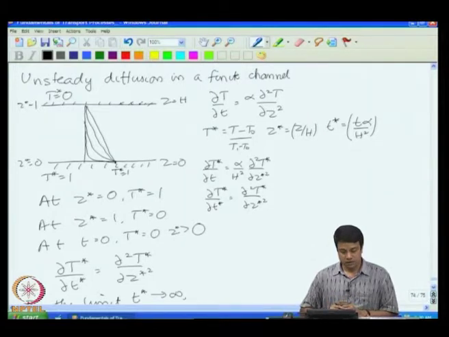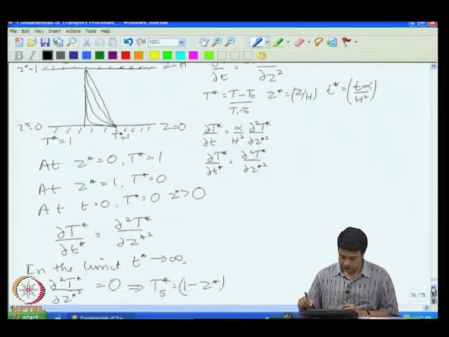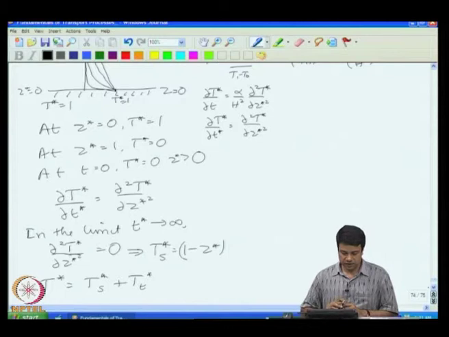How about if the channel is of finite width? That was the problem that we had started in the previous class. I have T equal to 1 at the bottom, T equal to 0 at the top. The bottom is at z equal to 0, the top is at z equal to 1. My differential equation in this case is going to be of the form